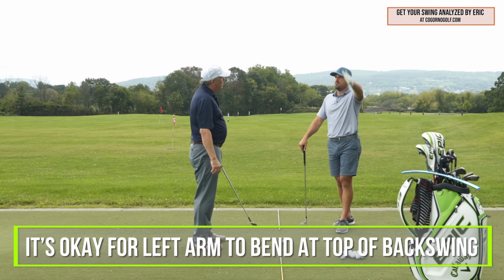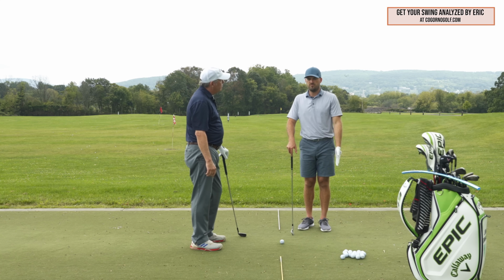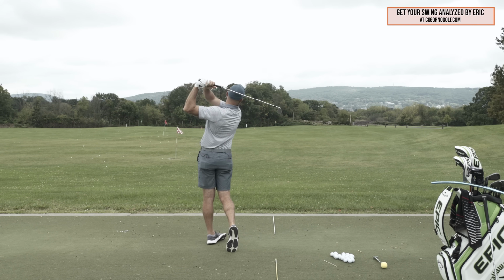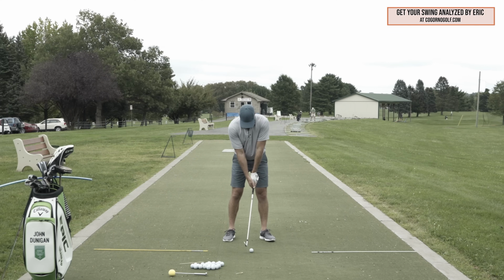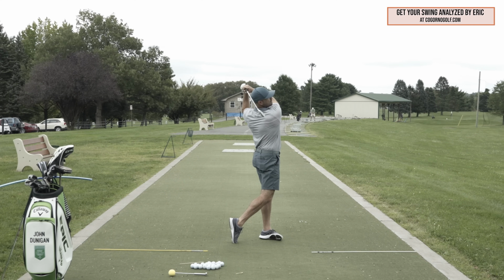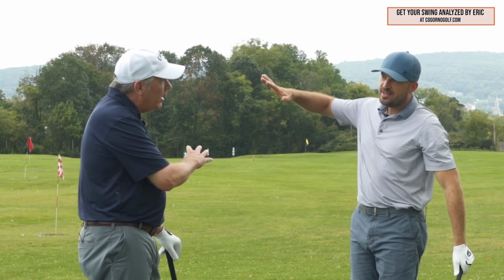And when you're doing the up motion, because it's interesting when we talk about these things in golf. We were talking about the supination a little bit before. If I just look at how much I do this, the reality is when I'm swinging, I'm not just doing that, right? There's a lot of other things. So when I combine this motion during my backswing with the right arm doing the pulling a little bit, and my body,